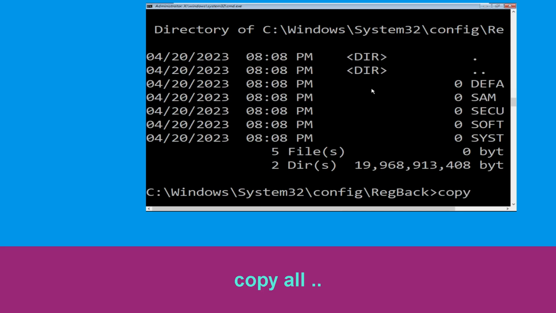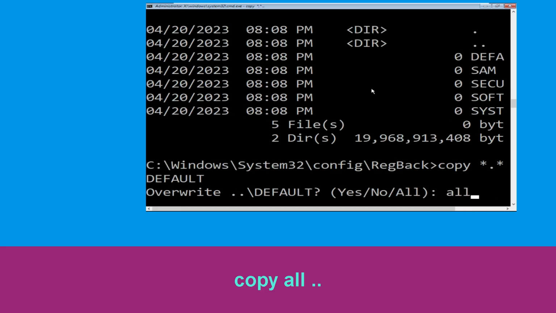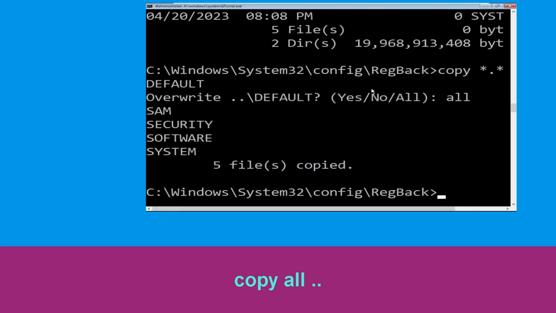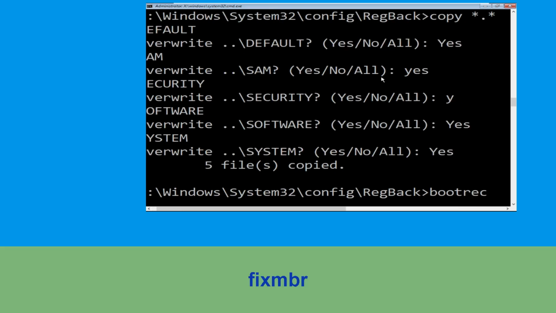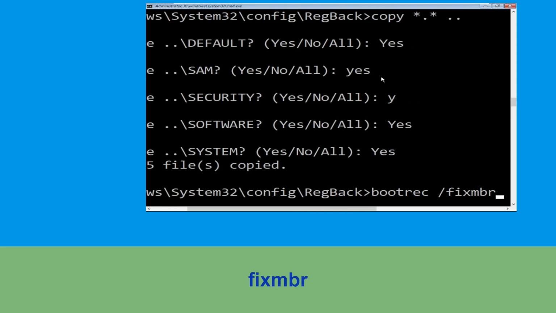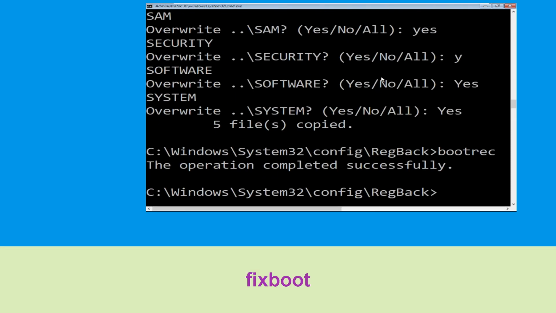Now type copy * and hit enter. Then type all and hit enter. Now type bootrec /fixmbr and simply hit enter. Now type in bootrec